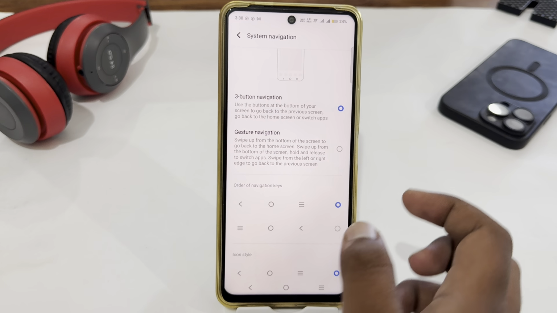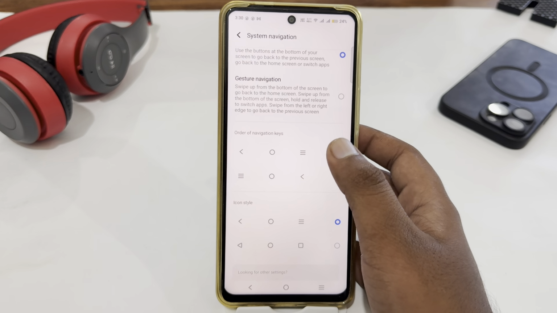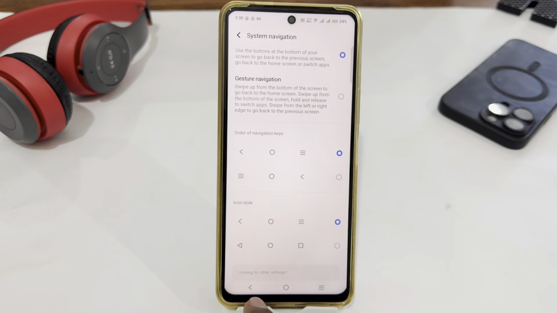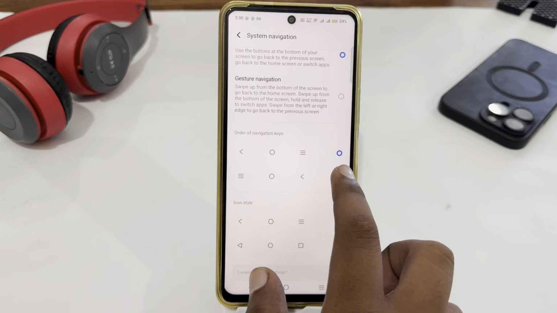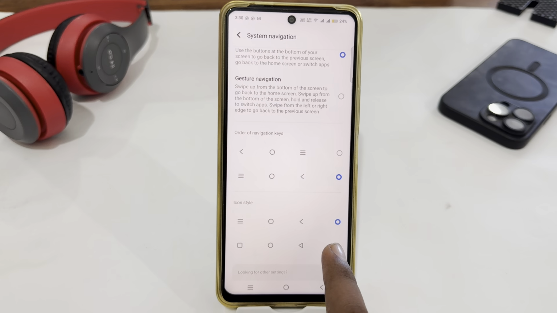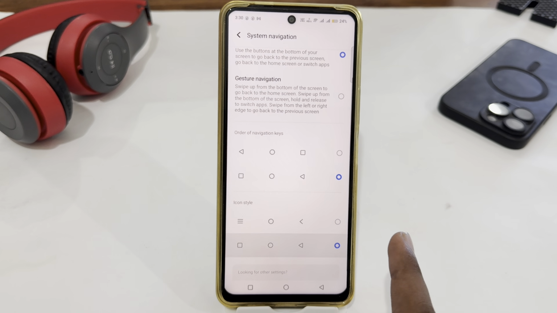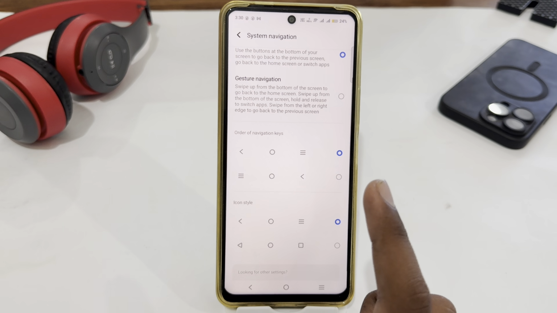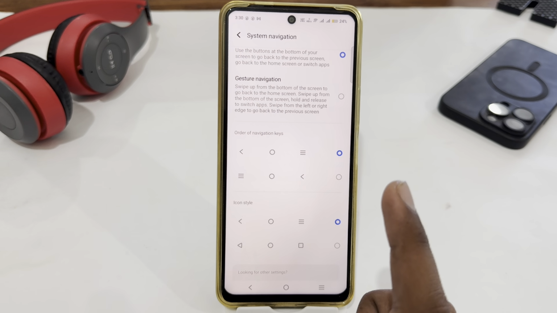back buttons. So you have two options for navigation keys. Here's the navigation keys I have selected. Now select the second one. But if you want to change this key, you just have to select this one and the shape of these keys will be changed, and that's how you can easily customize your back buttons or navigation